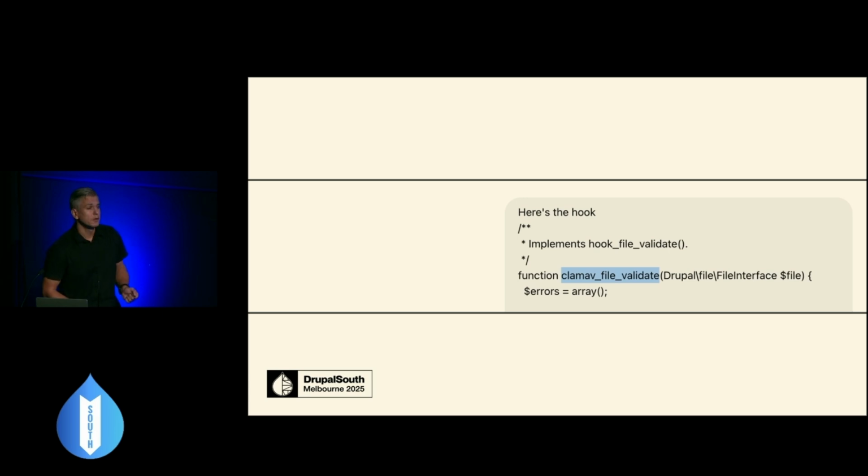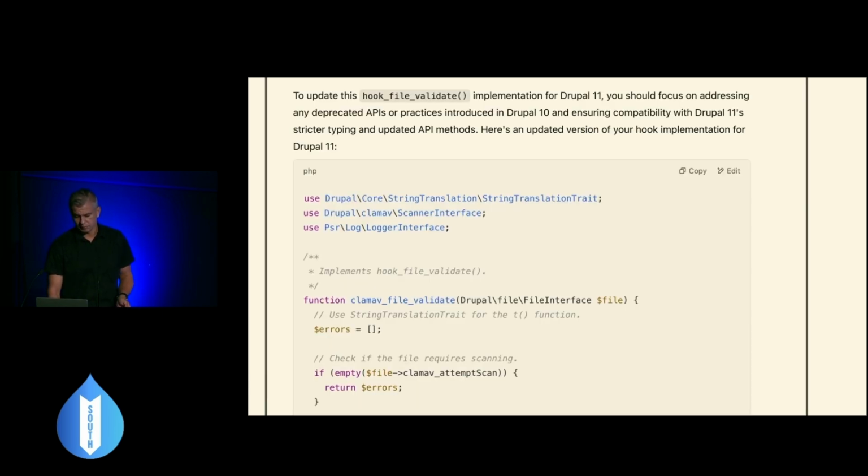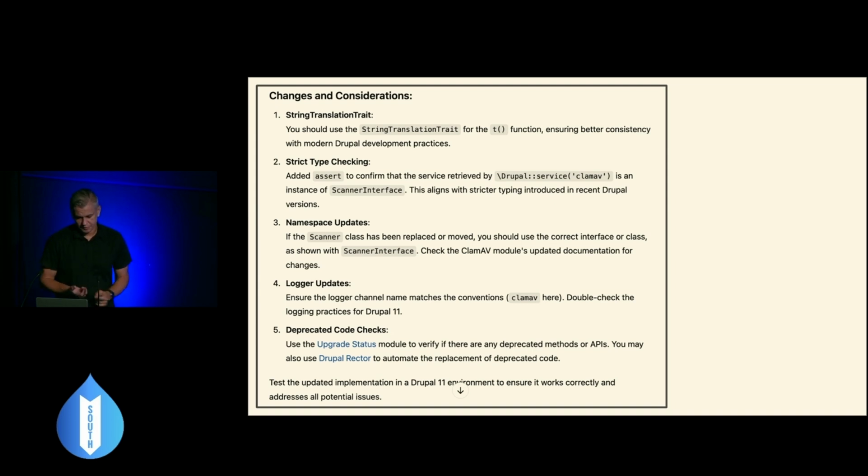I was like, here's a hook. And I copy pasted the hook. And it said, okay, let's do the implementation for Drupal 11. Bam, it gives you a code, but if you see the code, it gives you the same hook, right? It just said, I did string translations, I did strict type checking, I did namespaces update. So it just beautified, purified, maybe improved the code a little bit, but there was not enough information to give to the tool,